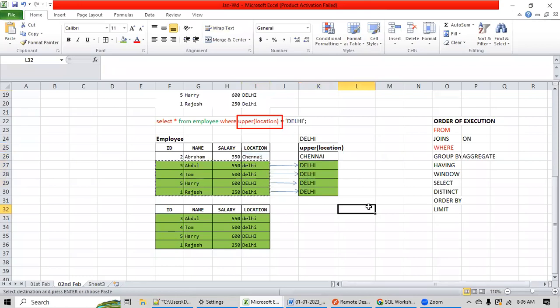Tanvir, in the temporary column, like the uppercase column, there should also be a reference key column, right? When it is executing in the engine, it refers to that. You are correct. It will refer to the address of this, that it is done from this table, and then only it will refer to it.